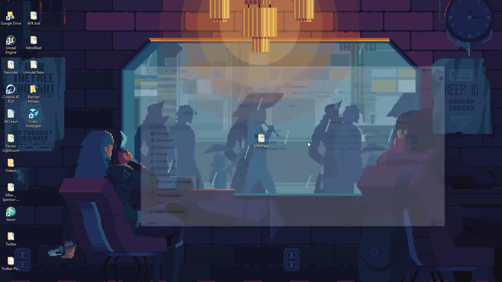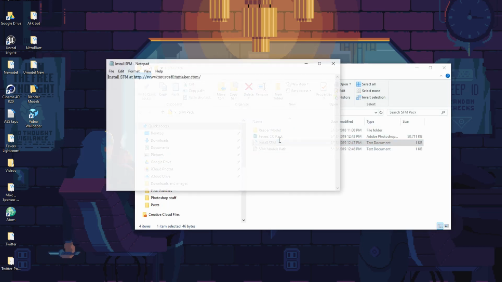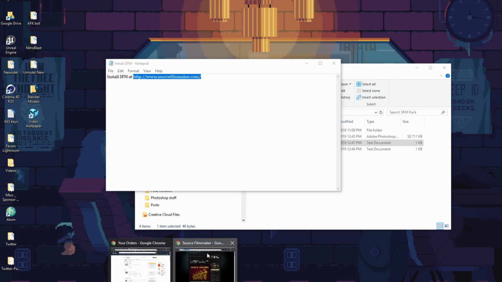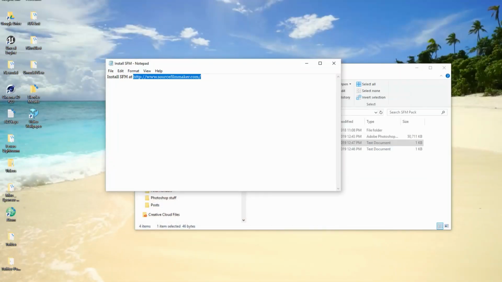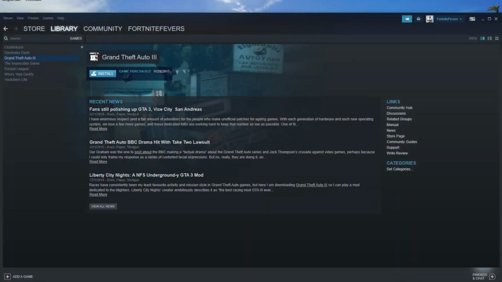So first, open up your SFM Pack and click install SFM. Once you do that, it will open up a text that says where to install it. Double click that link and paste it into your browser and it will show up with this. You're going to click install SFM, and once it installs, go through the install application thing, and then all you have to do is go to Steam